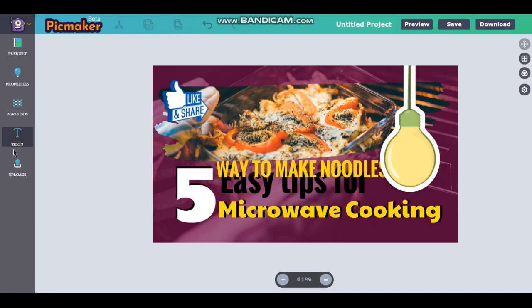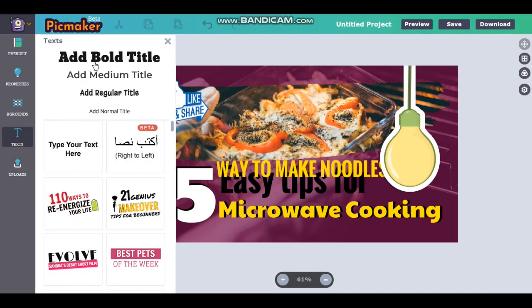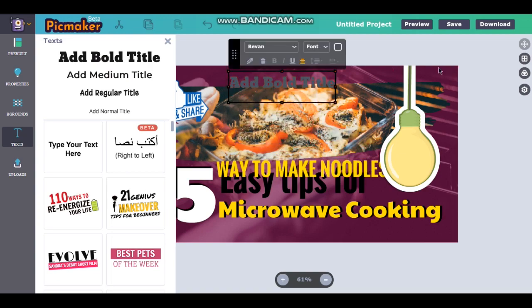PicMaker, just select whatever you want to select. If you want to type something here, just click on text, it's gonna come out. Click on that, you see it's gonna come out here, and you type something. If you want to add more things to it, it's just that easy. And when you're done, you download it, and it's finished, you send to the client, and you make money. You can see how easy that is. It is so easy as anything, and it is free, fully free, and you're gonna be selling it for $10